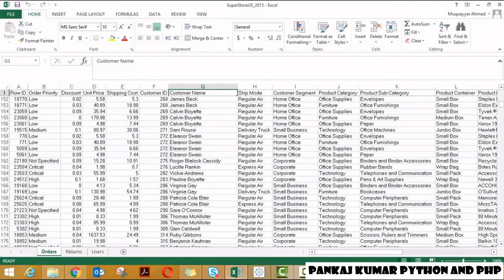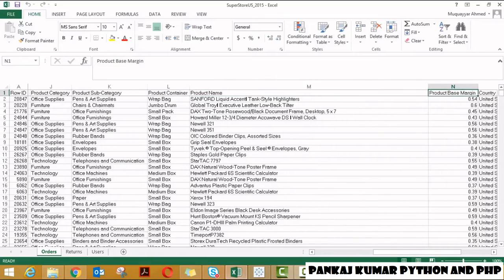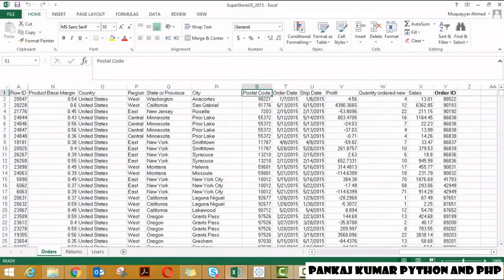This is the customer name, and this is the shipping mode, whether it is regular, delivery truck, air or ship. This is the customer segment, including occupation, product category, what he orders, product subcategory, and product container. Similarly, there are multiple variables which reflect the demographic information of the client and the transaction-related information.